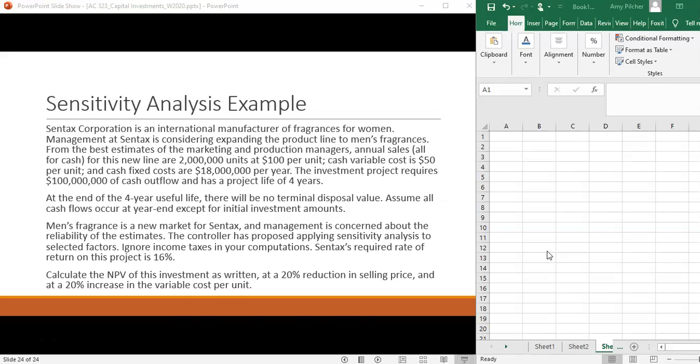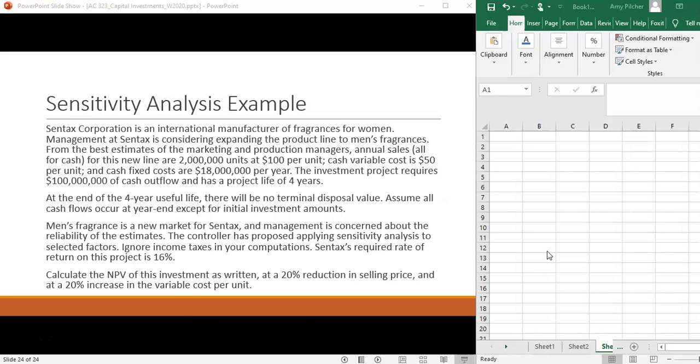They have variable cost per unit and fixed cost per unit. The investment requires 100 million of cash outflows and has a project life of 4 years. There's no terminal disposal value, and we're assuming all cash flows occur at the end of the year. We have a required rate of return on this project of 16%, and at this time we're not going to calculate income taxes. So we're going to look at what the net present value of this investment is as written, what it is at a 20% reduction in selling price, and then at a 20% increase in the variable cost per